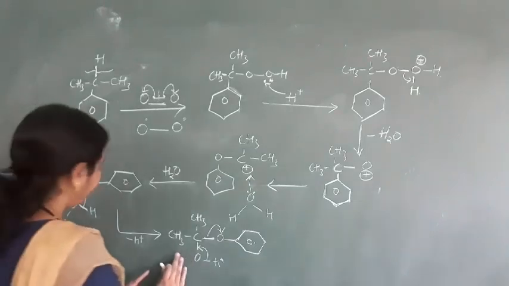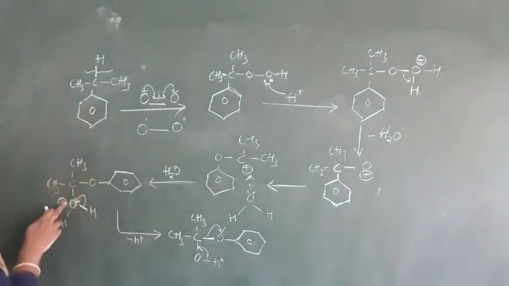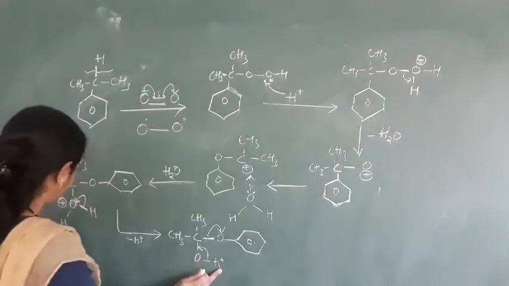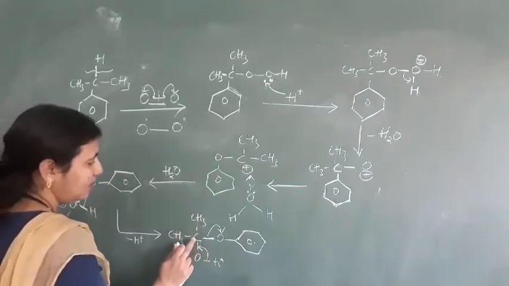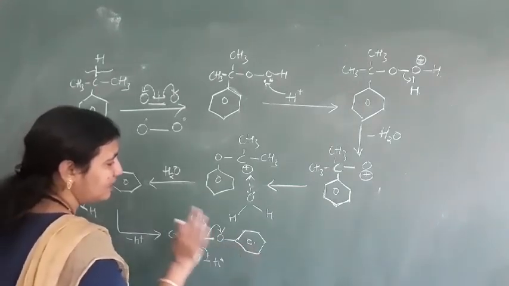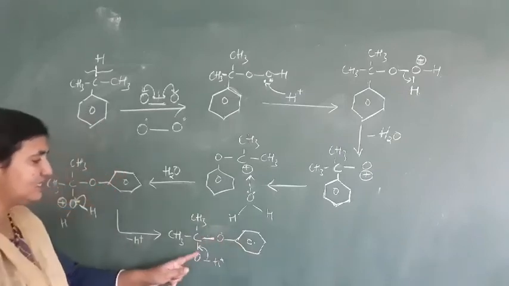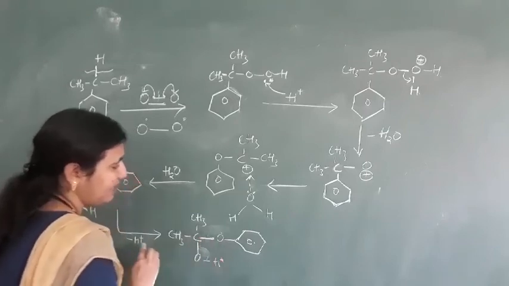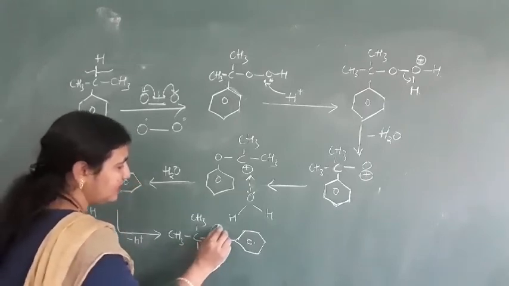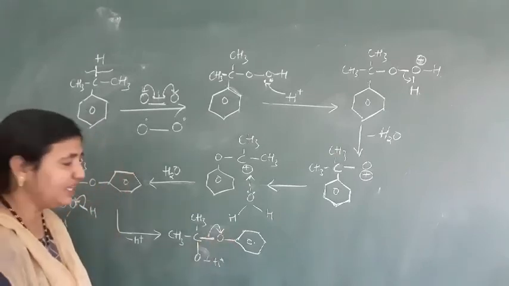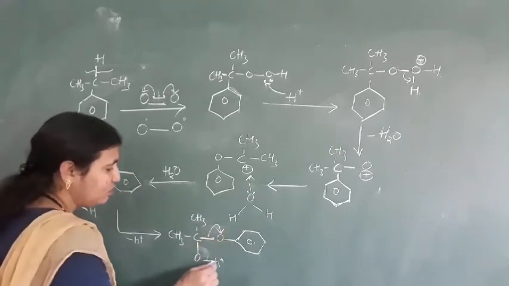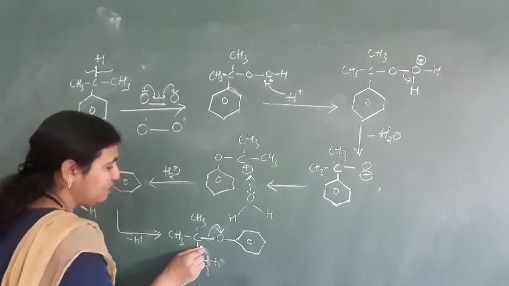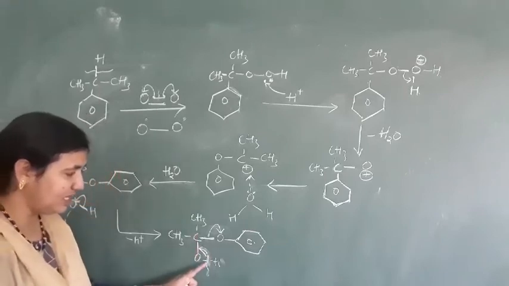So we got OH here, and the oxygen's positive charge is gone. We have CH3 CH3 O here with the OH. Now, what will happen next? This is the next step. We have a carbon and oxygen bond here. The electrons of this carbon and oxygen bond will go to this oxygen, and the hydrogen of this OH group will also break away, and that bond will shift to the carbon and oxygen.